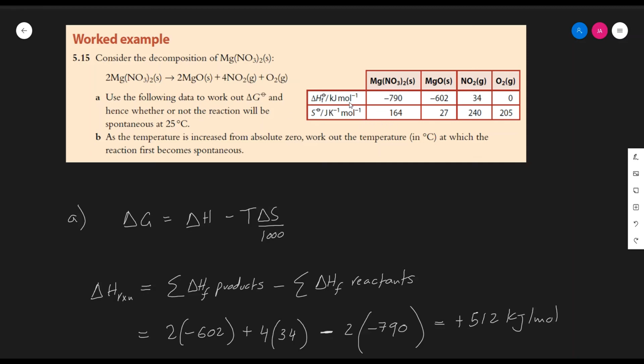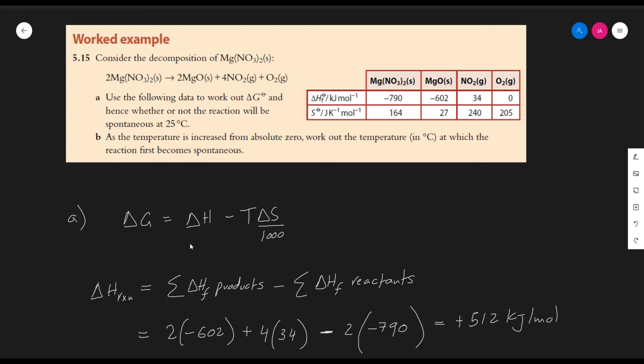We are given the enthalpy change of formation values for both reactants and products, and since oxygen is already in its pure elemental form, its enthalpy change of formation from its elements is 0, as we covered in previous videos. Therefore, to calculate the enthalpy change of this reaction, we will be using enthalpy change of formation values, and thus we should form an enthalpy change of formation cycle, or use the general equation listed over here